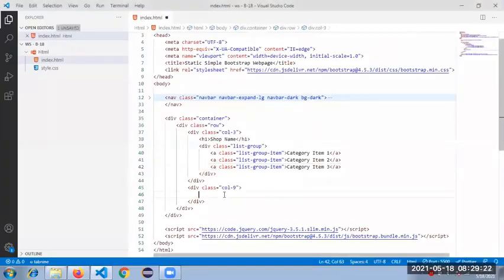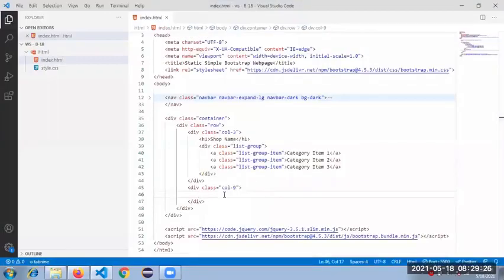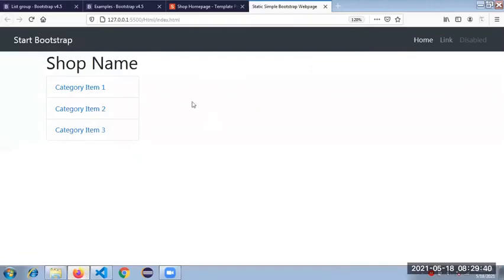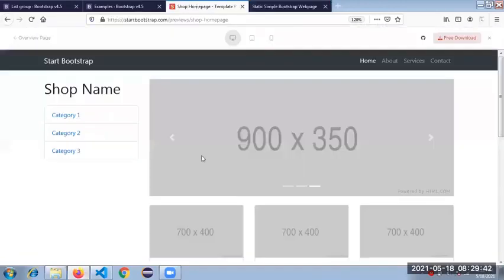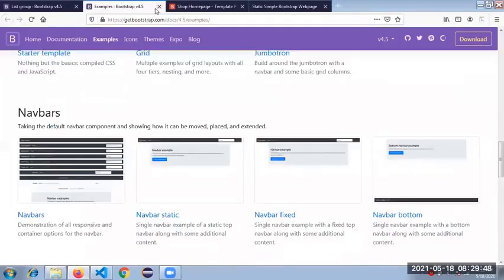Then the next main thing is that banner-like carousel that we need to take care of. How do we integrate that banner into our web page? So here we need to look for the carousel.